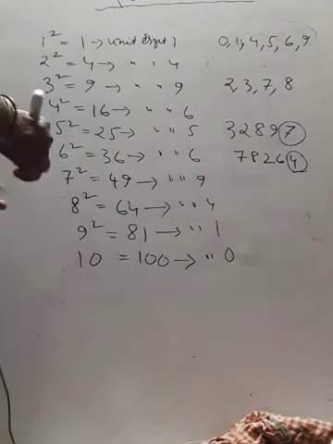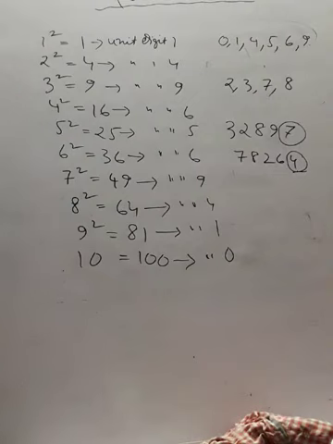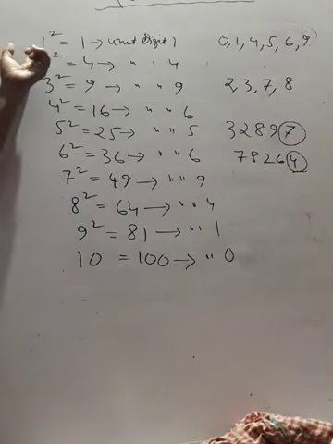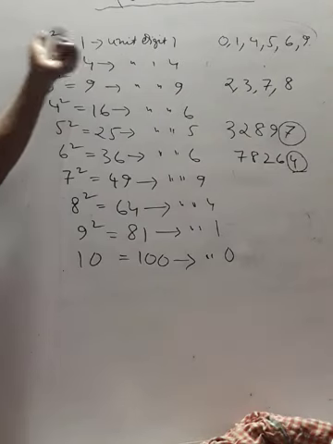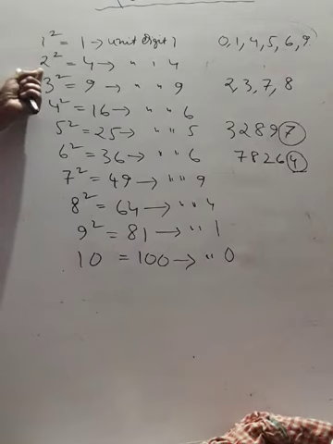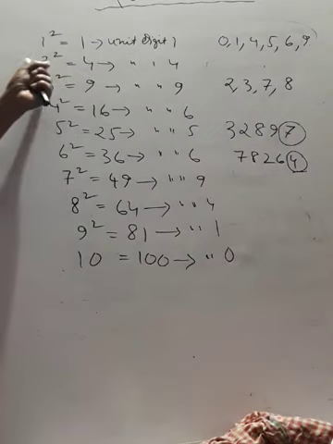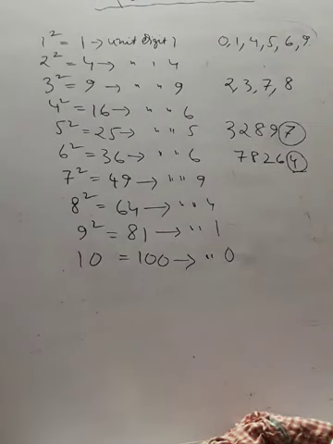Now another thing you need to know. From here you might have noticed that the square of any odd number is always odd. This 1 is odd, the square of 1 is 1, and 1 is also odd. The square of 2 is an even number, and the square of 2, which is 4, is also an even number. So from this list we can know that the square of any odd number will always be odd, and the square of any even number will always be even.